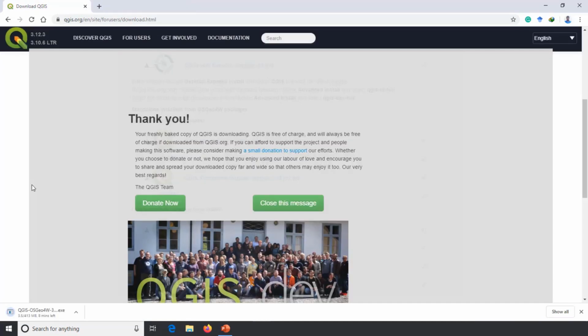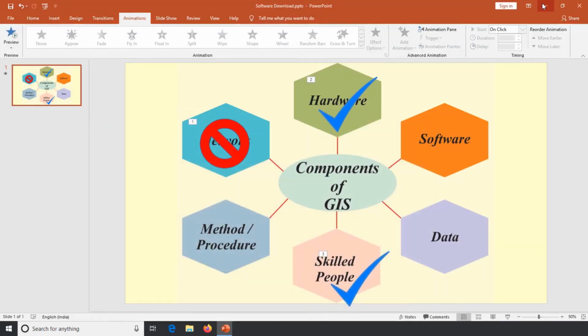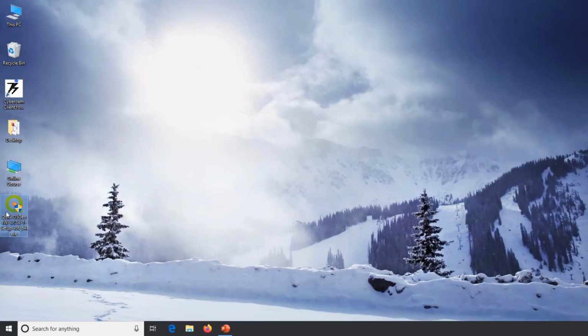When I click on it, it opens a new page followed by downloading the software in left hand side down of my window. It is having 413 MB. For me it shows 4 to 5 minutes. Depending upon your internet speed, it may vary. As I have downloaded this software already on my desktop, I do not want to wait for this 4 to 5 minutes, so I cancel it. I go to my desktop where I have already downloaded it. It is there.